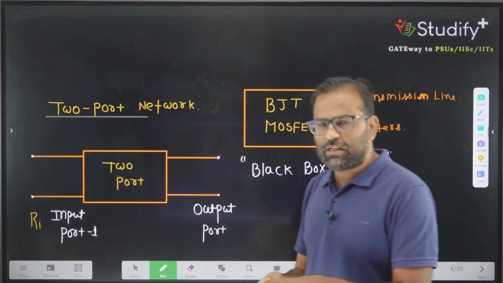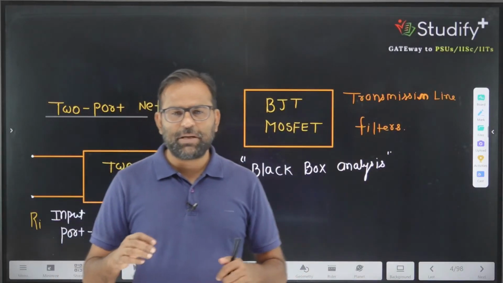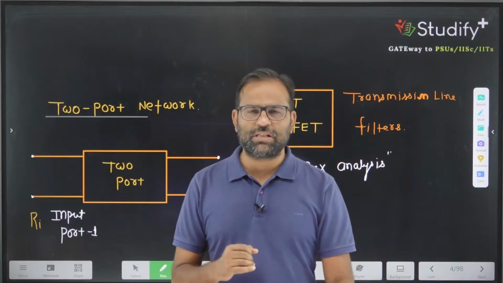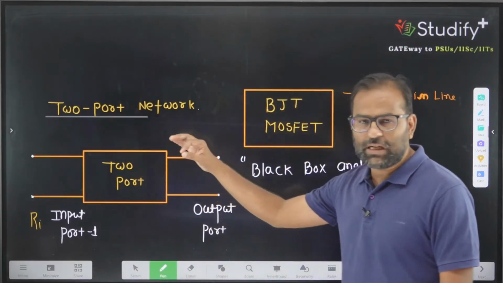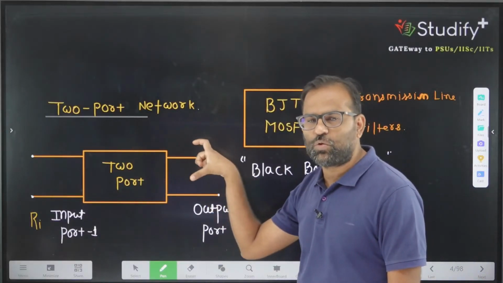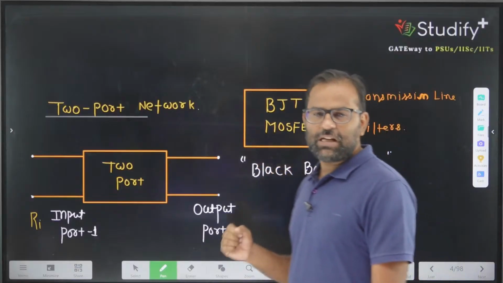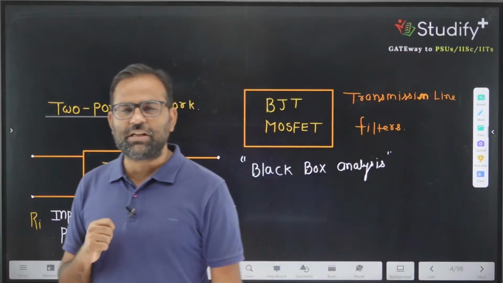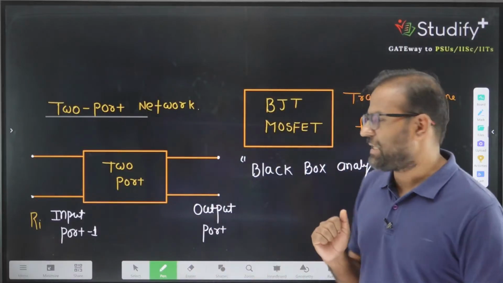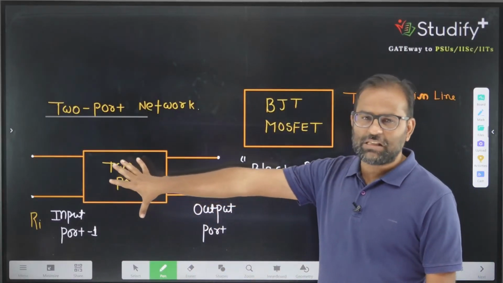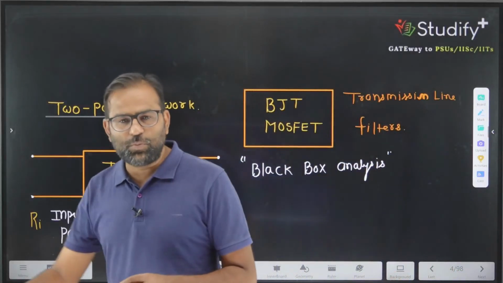कि आपके पास अगर टू पोर्ट नेटवर्क में सपोज आई हैव वन बीजेटी, अगर इस बीजेटी के बारे में आपको ये पता है कि इसका इनपुट रेजिस्टेंस कितना है, तो आप ये पता लगा सकते हैं कि आपने सर्किट में जो लोडिंग लगाया, जो सिग्नल लगाया है, वो कितना लोड होगा अक्रॉस द बीजेटी। या फिर हम ये पता लगा सकते हैं कि मैक्सिमम पावर ट्रांसफर की कंडीशन क्या बनेगी किसी भी लोड के अक्रॉस। तो ये सारी बात पता करने के लिए हम जो एनालिसिस करते हैं दैट इज टू पोर्ट नेटवर्क।